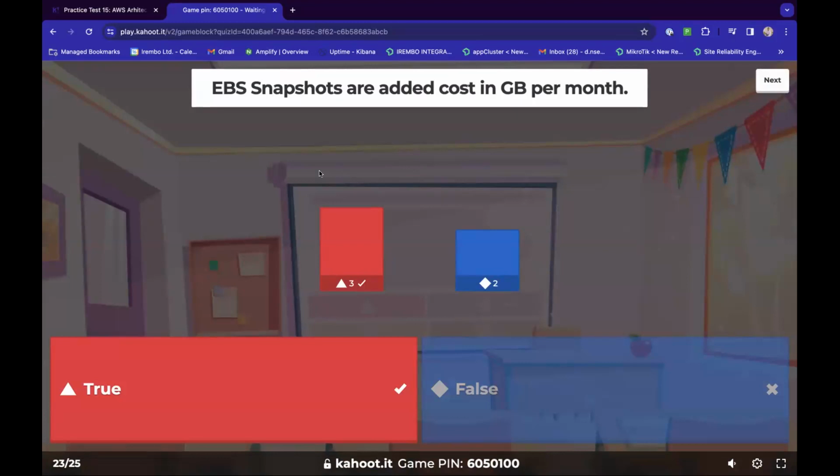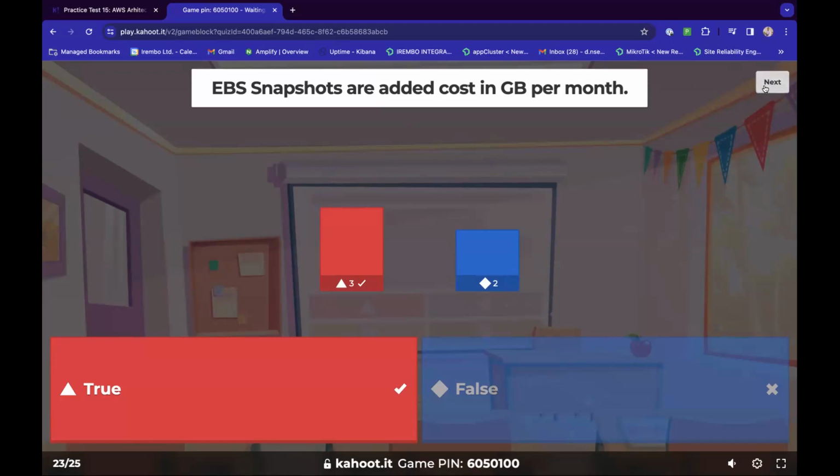So the more they are, the more you can be charged, if I may say. You can decide to take snapshots every day, or maybe once in 3 months or 3 weeks. But basically, for all those snapshots that you're taking, in terms of size, you're getting billed for that. So yeah, the answer here is true.